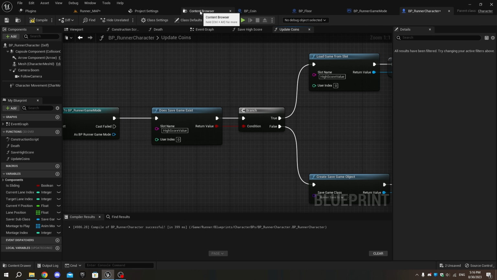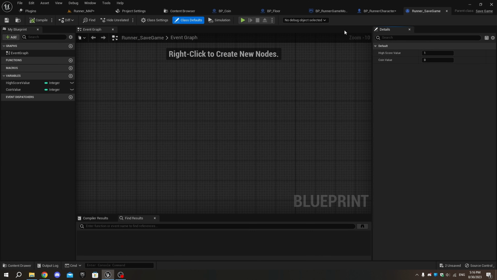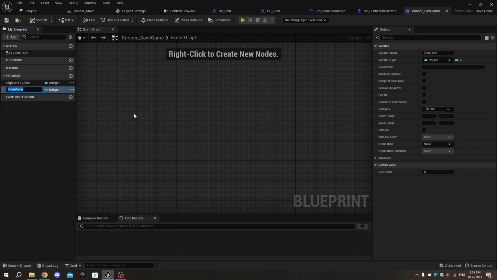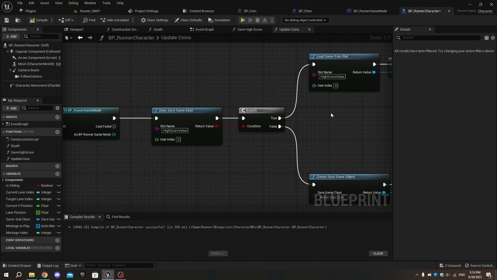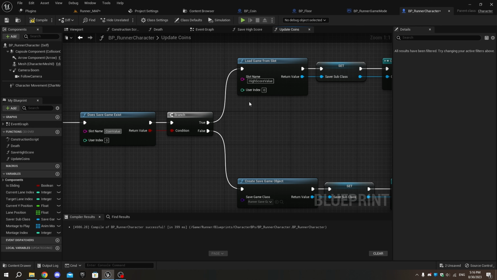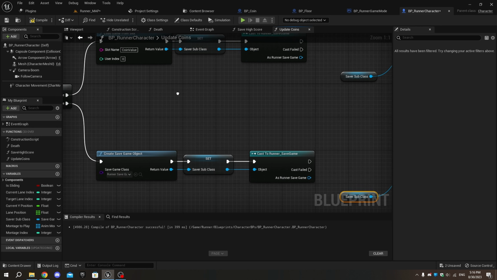Then, go to the save game and copy the coin value variable name so that we use the correct one and don't make any mistakes. Paste the coin value in every slot where there's high score value.